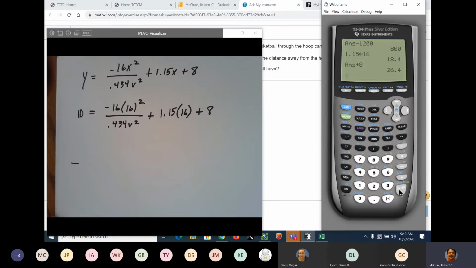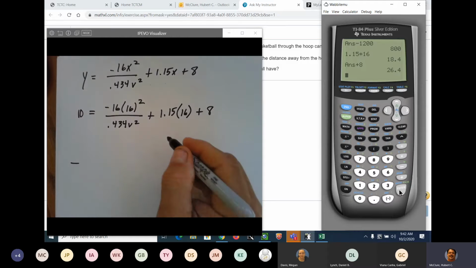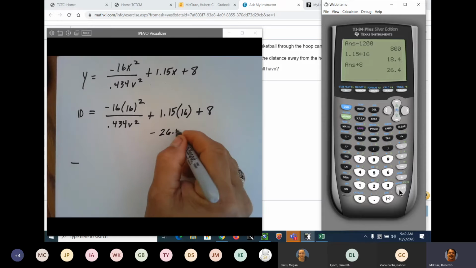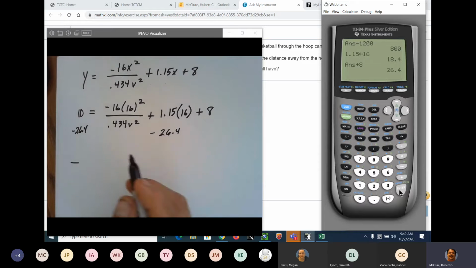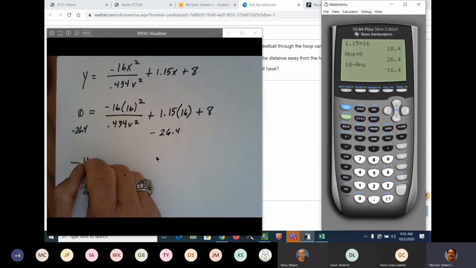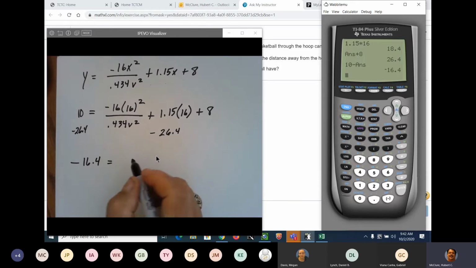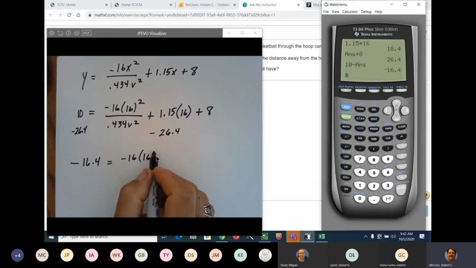So I'm going to subtract that on both sides. Minus 26.4, minus 26.4. And 10 minus 26.4, I know the answer is negative 16.4, but I'm going to do it just in case. Second answer. Negative 16.4 is equal to negative 16 times 16 squared over